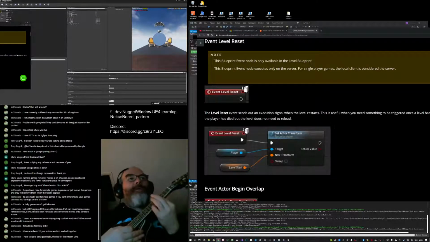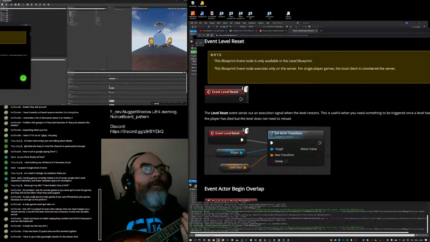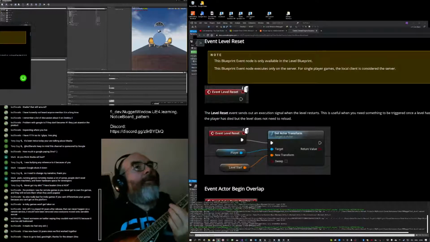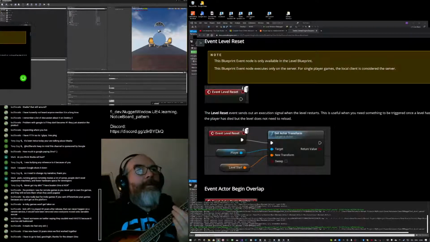This blueprint event node is only available in the level blueprint. It only executes on the server. For single player games, the local client is considered the server.